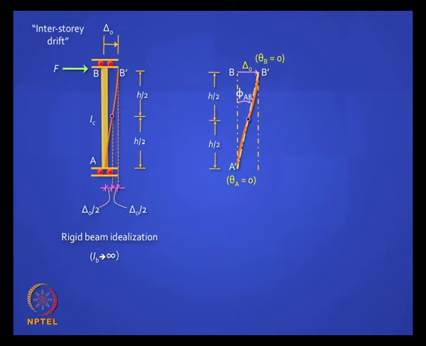So this is the deflected shape, and we talk about a chord rotation phi AB, which is clockwise, and which is nothing but delta naught divided by h. Is it clear? So you look at the deflected shape and you can see straight away that the forces would be a pair of forces, not just one F. So it really does not matter where that F is acting, and it tells you that the shear force is constant throughout the height of the column, and not only that, you also get bending moments. What will be the bending moments? What will be the direction of the end moments? Clockwise or anti-clockwise?